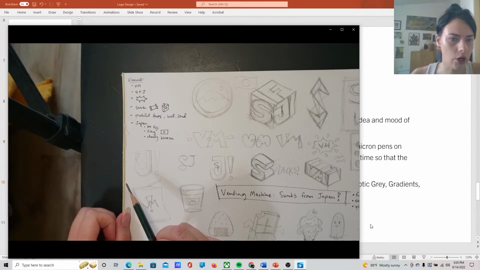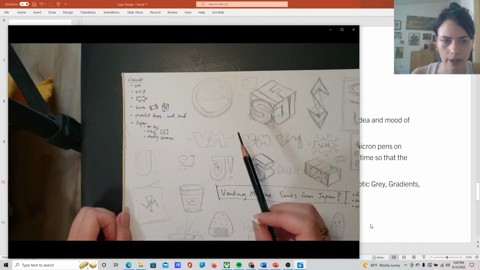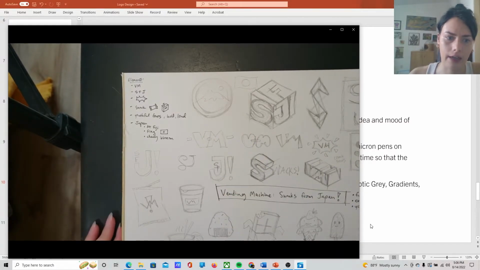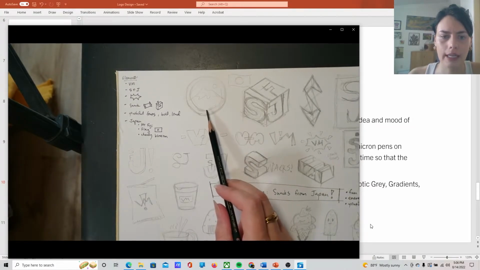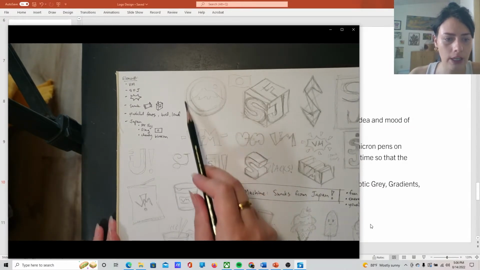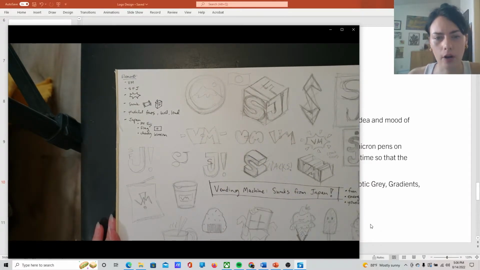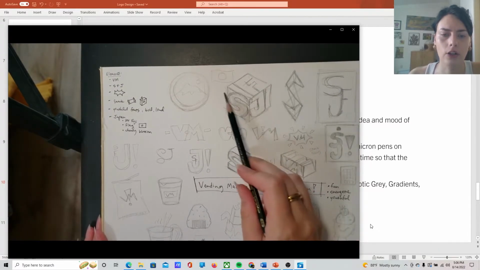So I've got some ideas of elements that I kind of started with. I was thinking about snacks. I was thinking about bold, youthful fonts. I was thinking about Japan. What do we all kind of know is related to Japan? Well, we've got Mount Fuji, the Japanese flag, cherry blossoms. I was thinking about all these things and how could they relate to snacks or work in a logo that